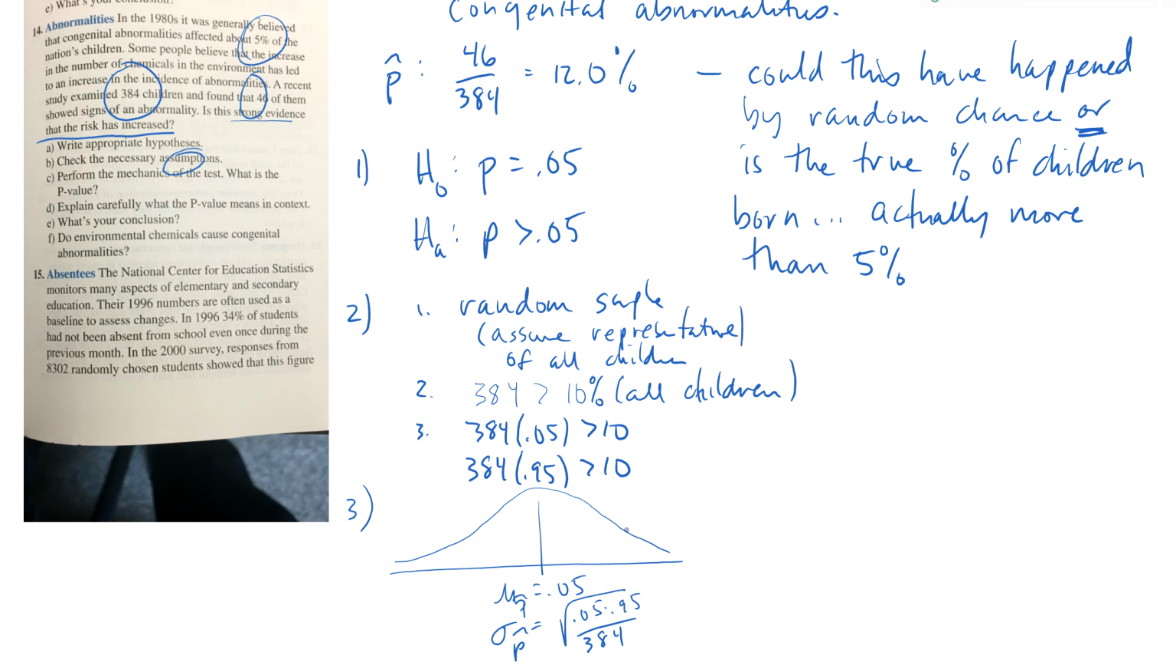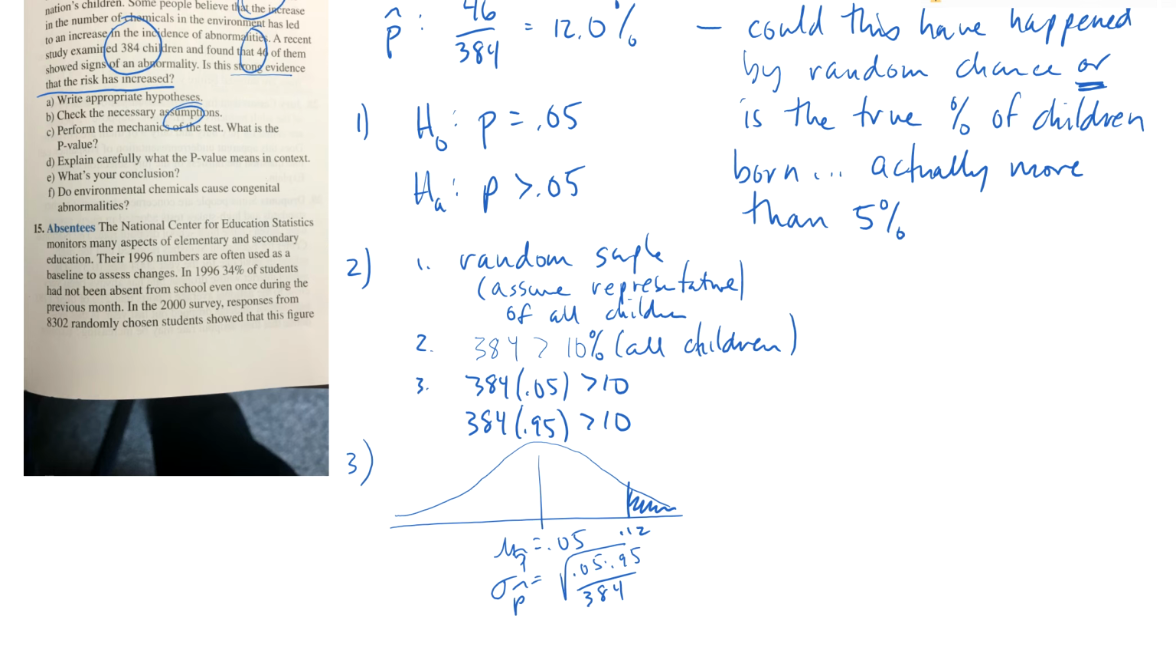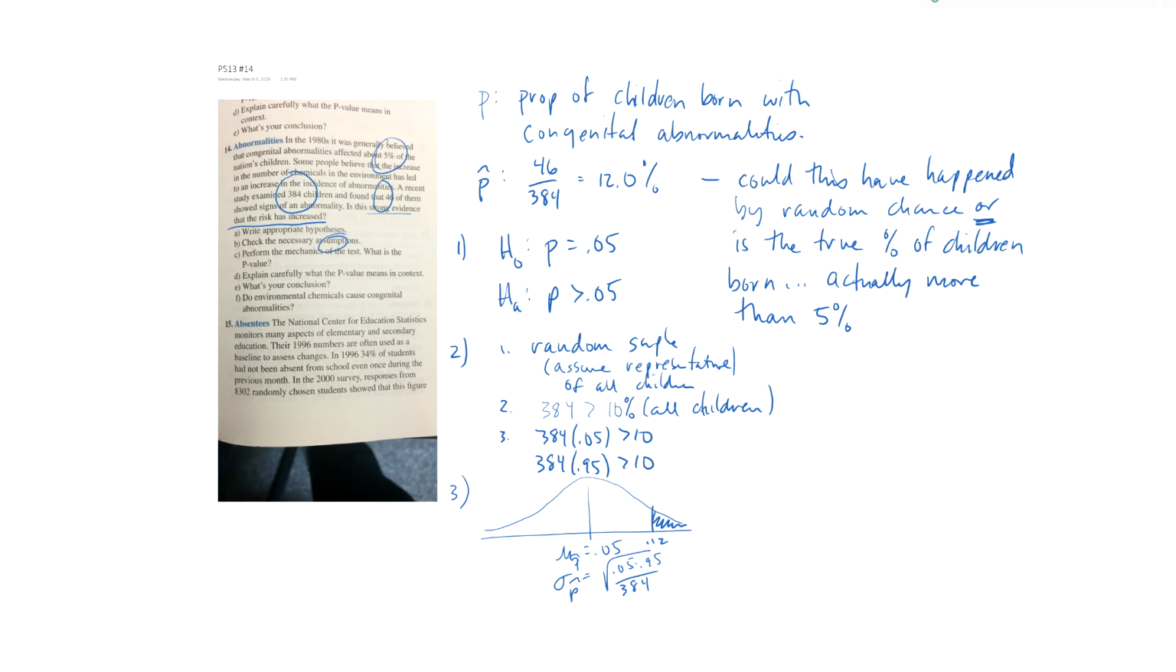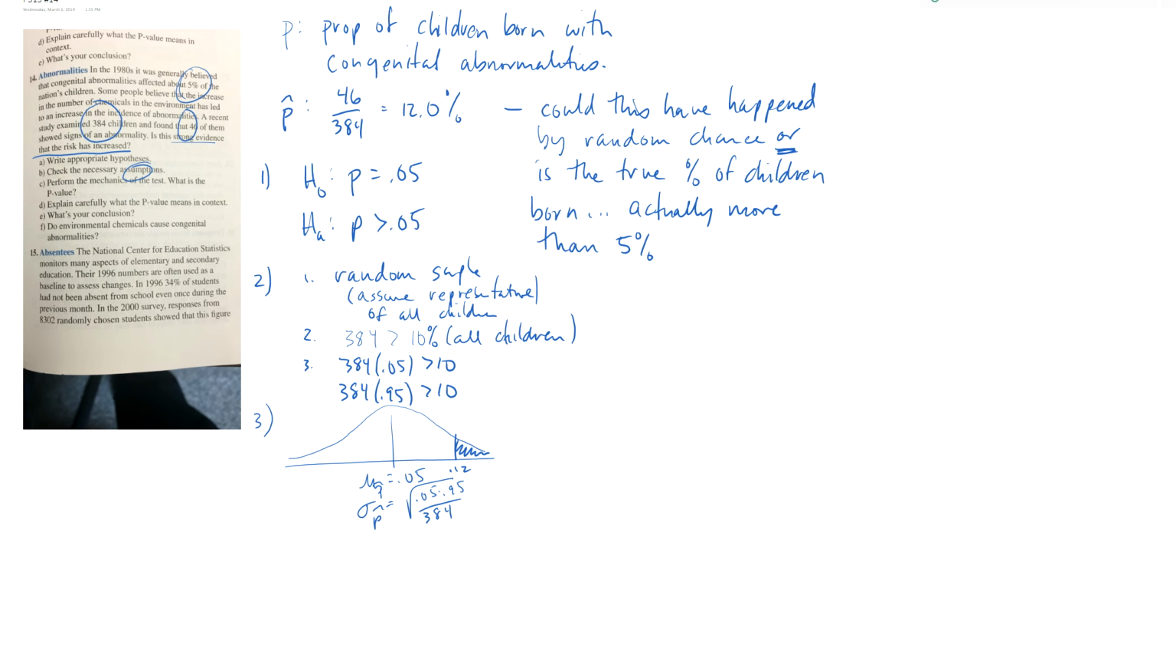Okay, so here's my sample out here at 12. We want to find the probability that it's bigger than 12. Okay, so let's go right to there. Okay, so my z-score is going to be 12 minus 5 over standard deviation. And my p-value